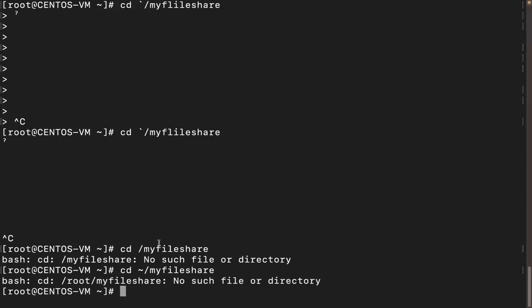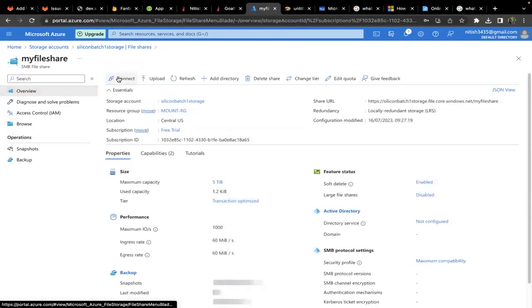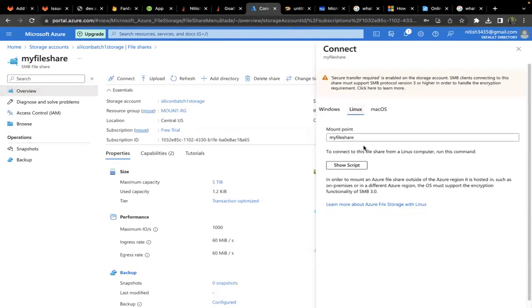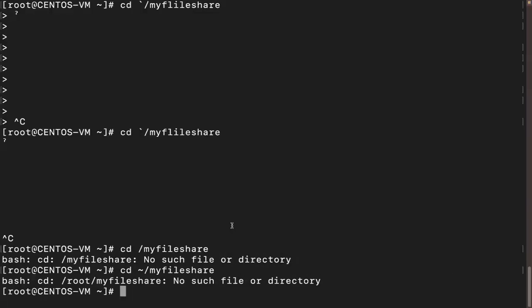The same thing here it would also be reflected. I'm not getting the directory where it has been copied up. I will go to the connect part again and let us check, in order to mount an Azure file share outside Azure region, hosted such as on premises, the OS must show the script, my file share mounting point। अच्छा,